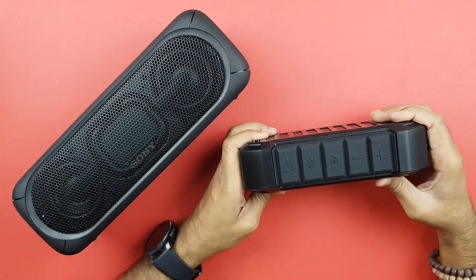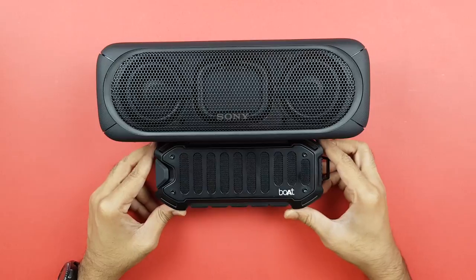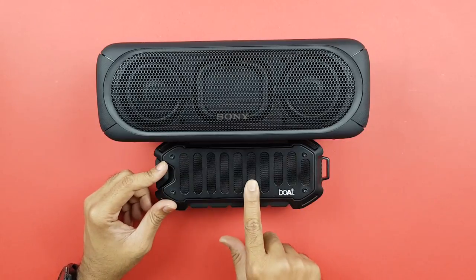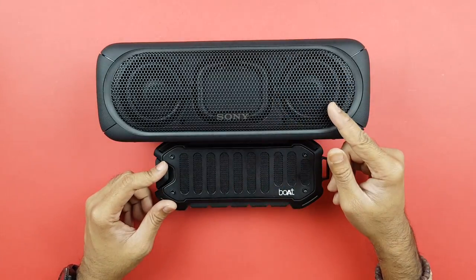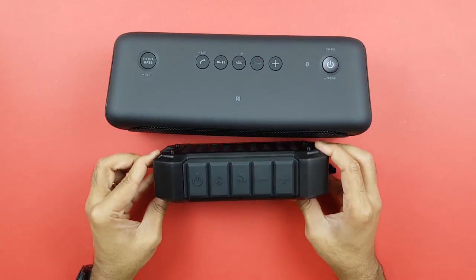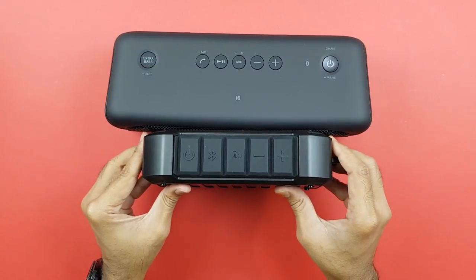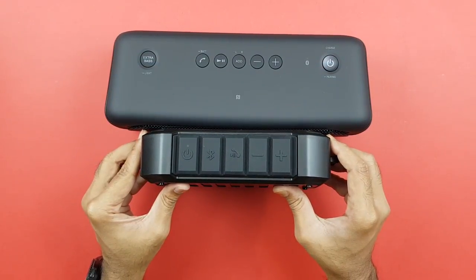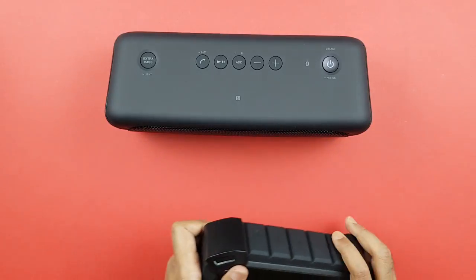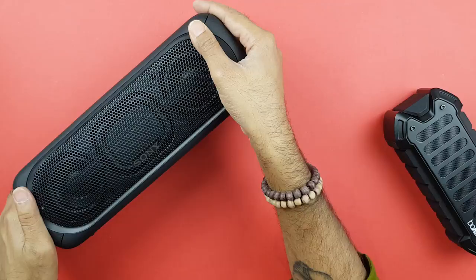It's comparatively much more portable. I'm just going to compare it, guys, in terms of thickness. I used to think this was big, but now just look at the comparison. In terms of its thickness as well, check this out. If I keep it here, look at this. It's almost more than 2.5 times its thickness. So, value for money, I would say,